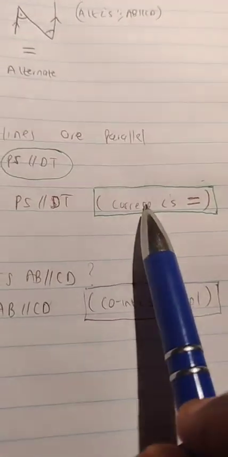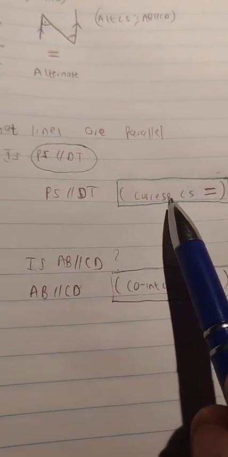Okay, so this is the second way of proving that lines are parallel. When you find co-interior angles that are supplementary, you can conclude that lines are parallel. When you find corresponding angles that are equal, you can prove and state without argument that lines are parallel. The third